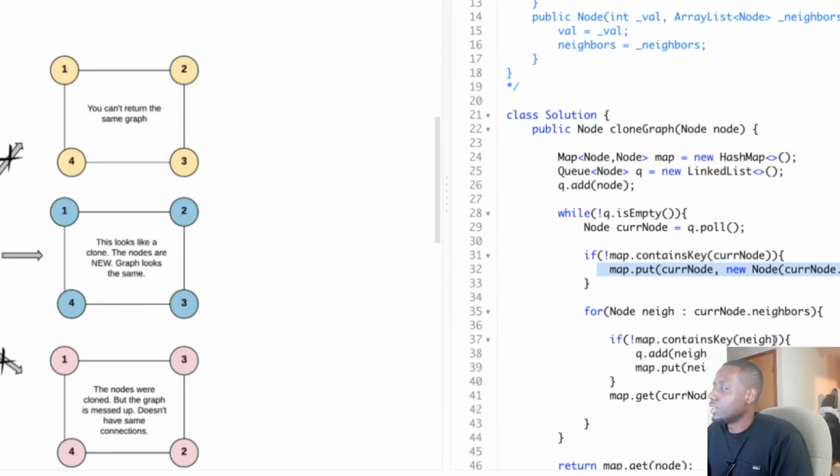So if the neighbor does not exist yet in the map, which means there's no copy, then we add it to the queue so that it can be processed as well, so it can visit all of its neighbors. And then we also create a copy for that neighbor in the map. After we create a copy of that neighbor in the map, we can easily do the connection as we go. So that's why we do get